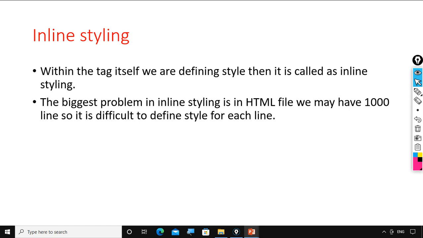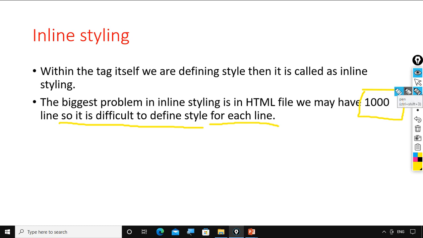Observe here carefully what I am telling. Suppose the HTML file is having thousands of lines. So it is difficult to define style for each line in the inline styling approach.